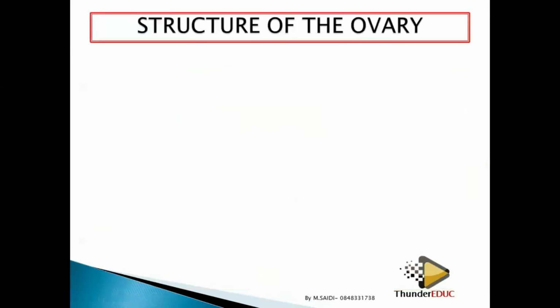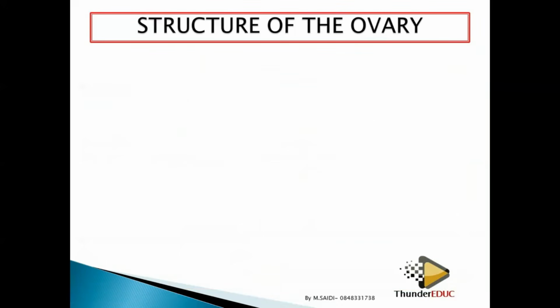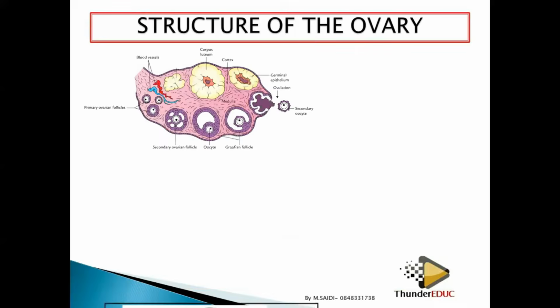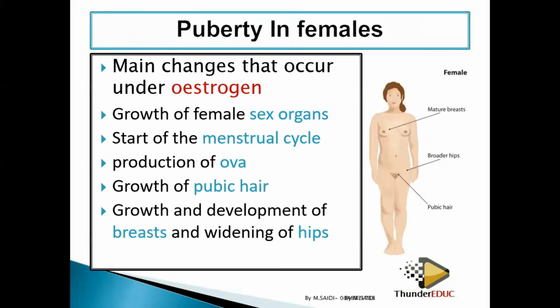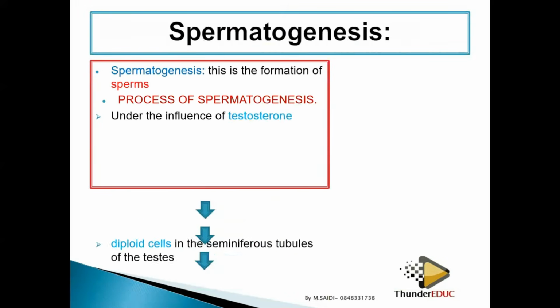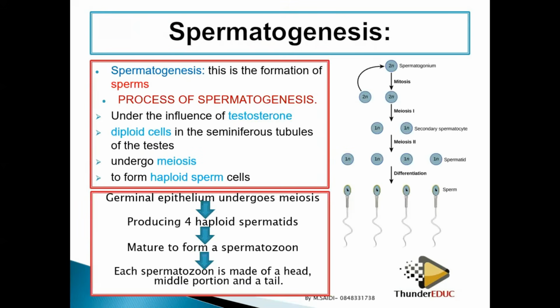So basically, those are some of the functions of the male reproductive system and the female reproductive system. I think I'm going to stop here. When we come back, we're going to talk about the structure of the ovary, the structure of the sperm, the structure of the ovum, and how we ask questions about that, and then also puberty, so that I finish that, and then I'll go to spermatogenesis and oogenesis. Then we shall end up with the menstrual cycle. Thank you very much for